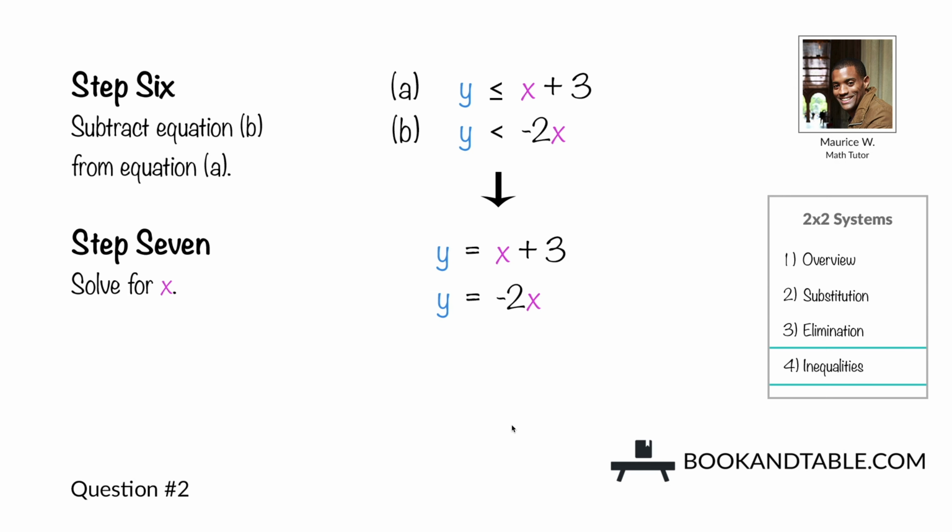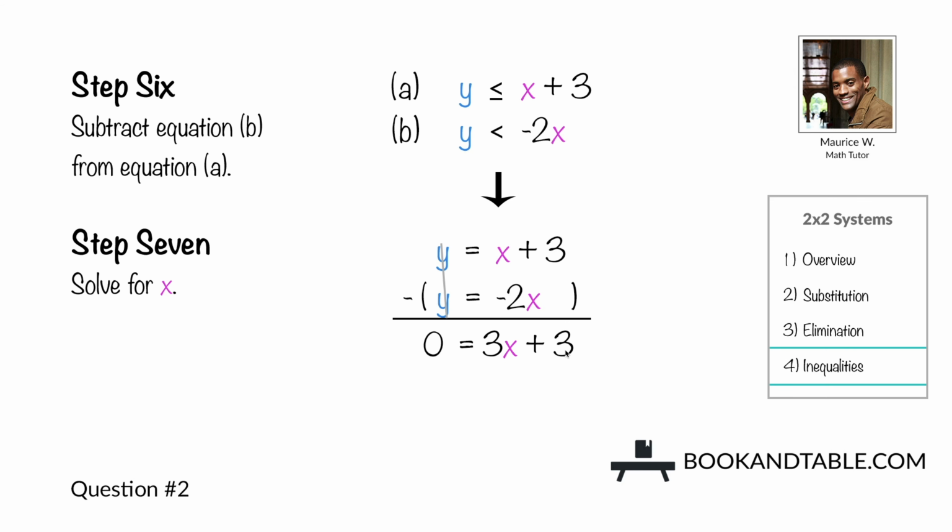So we'll write out both equations. Y is equal to x plus 3, and y is equal to negative 2x. And since we cannot eliminate the x's by adding or subtracting these two, we'll focus on the y's. And since we have y and y, if we subtract equation B from equation A, we'll cancel out our y's. So we'll solve for x first. So y minus y gives us 0. X minus negative 2x is x plus positive 2x, which gives us positive 3x, plus 3, or 3 minus 0